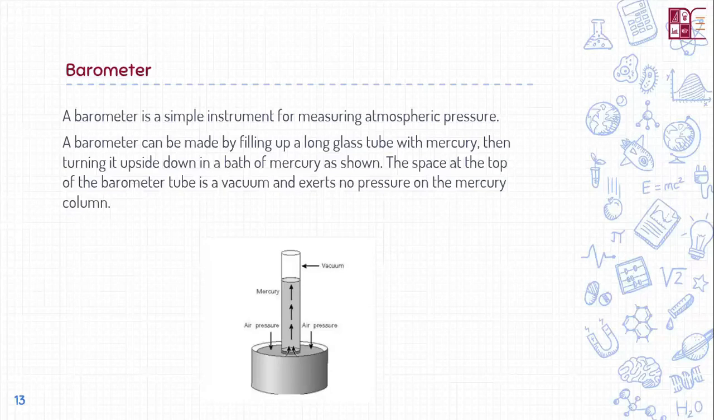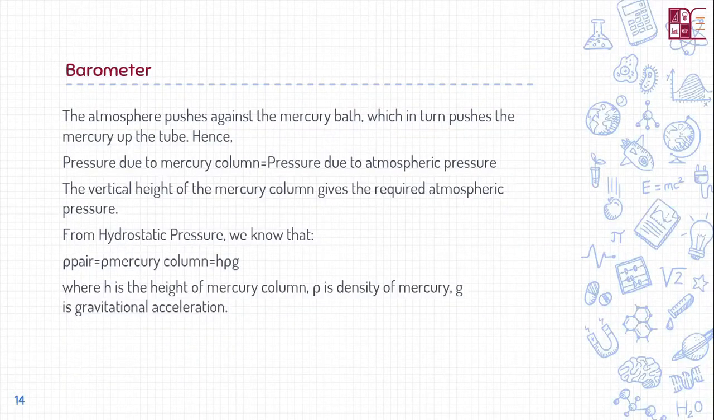The vertical height of the mercury column gives the required atmospheric pressure. From hydrostatic pressure, we know that P in air equals P due to the mercury column, so P = ρgh, where h is the height of the mercury column, ρ is the density of mercury, and g is the gravitational acceleration or gravitational field strength. Now we've gone over all of this, but considering this hydrostatic pressure, ρgh,